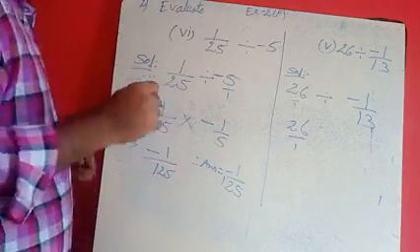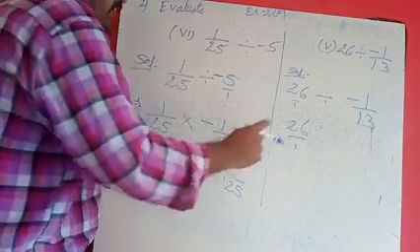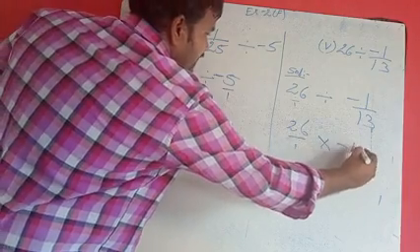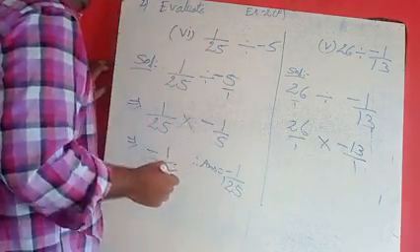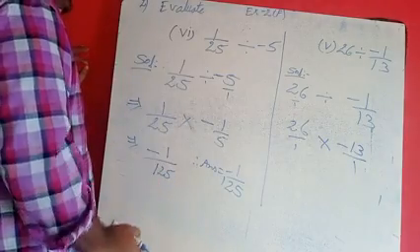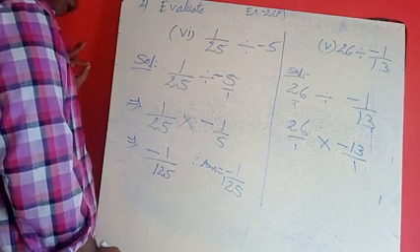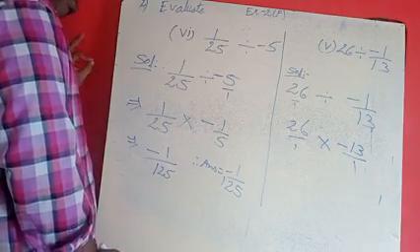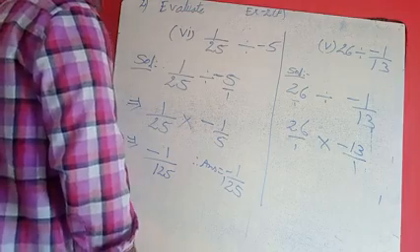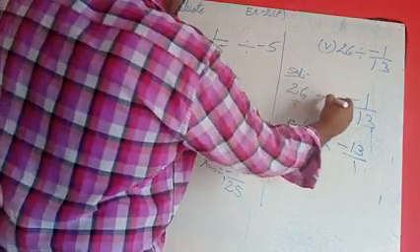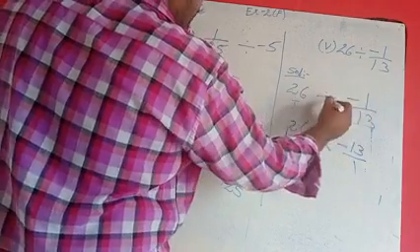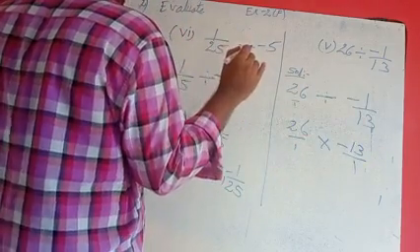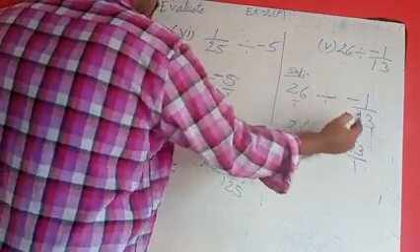Why? Because only this 13 by will change. So it will become minus 13 by 1. Already I said that at the start of this exercise. Reciprocal means the fraction which is immediately after the division symbol, that only we make reciprocal. The fraction immediately after the division symbol is this minus 1 by 13, not this 26. So 26 will not change. This minus 1 by 13 will change.